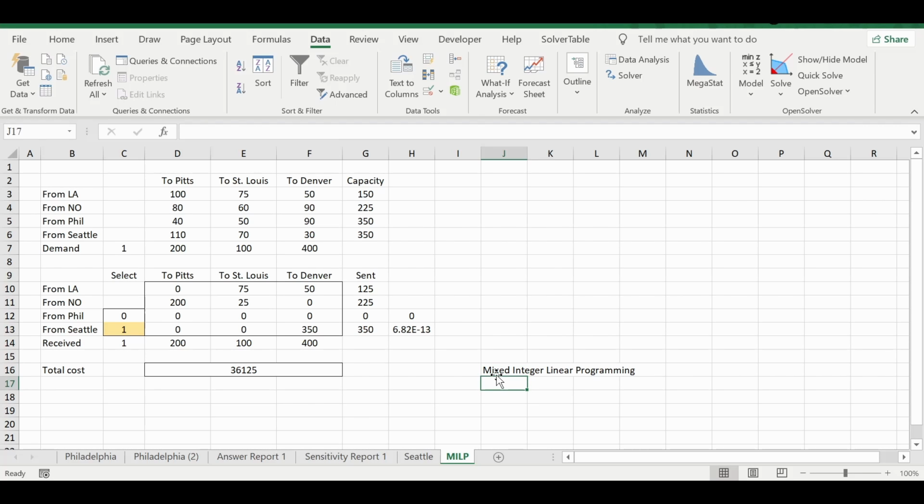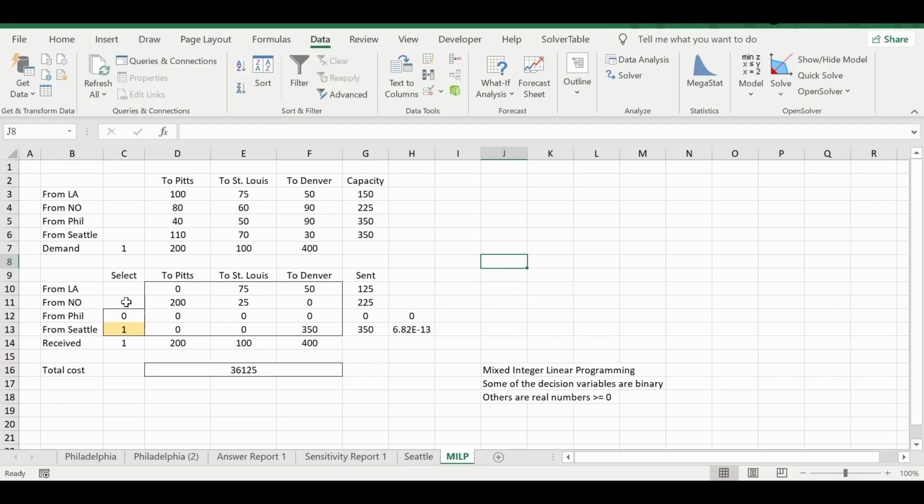This means some of the decision variables are binary, and others are just real numbers greater than or equal to 0.